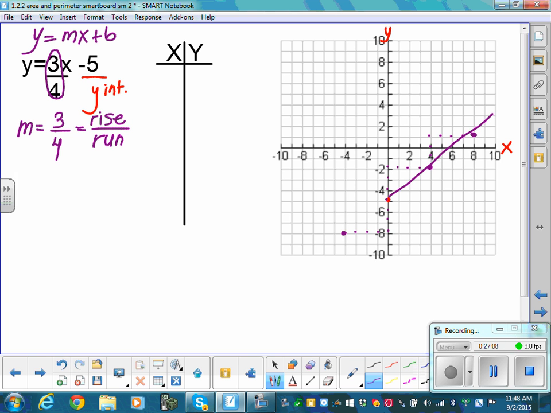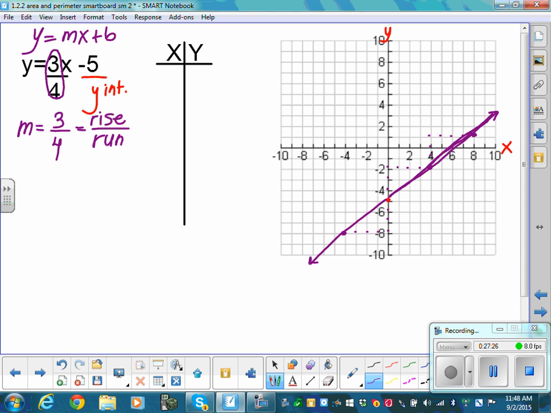So now I can draw my line in. Now I didn't connect those dots perfectly. It's hard on the smart board. I should have tried to do it a little bit better, because it does need to cross through those points. That's a little bit better. Okay. So now, if it says to make an XY chart,